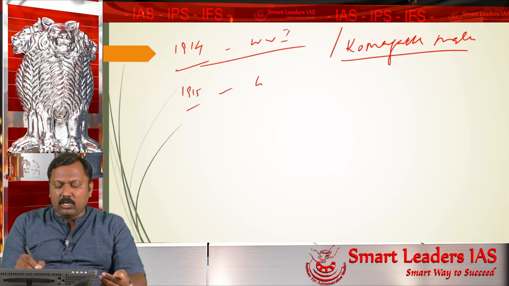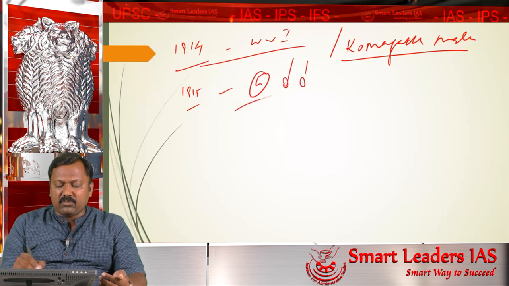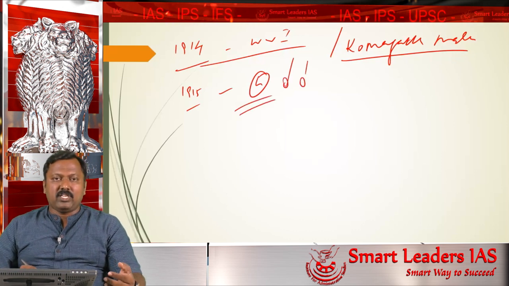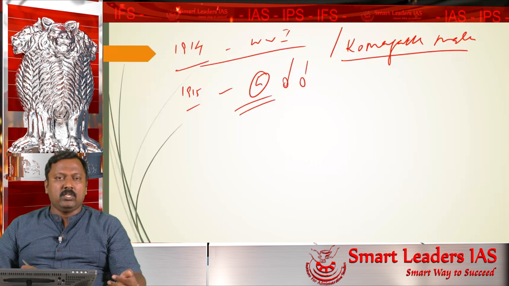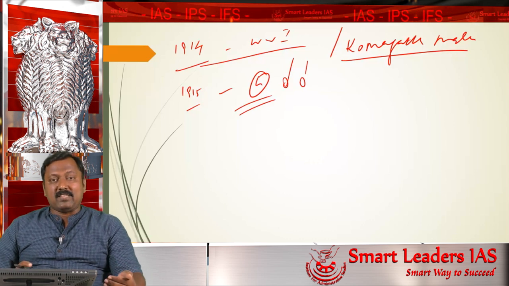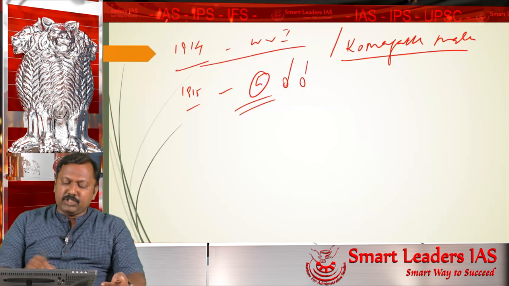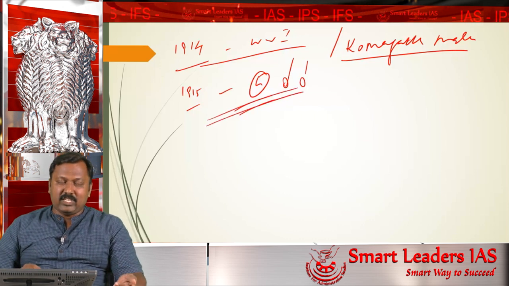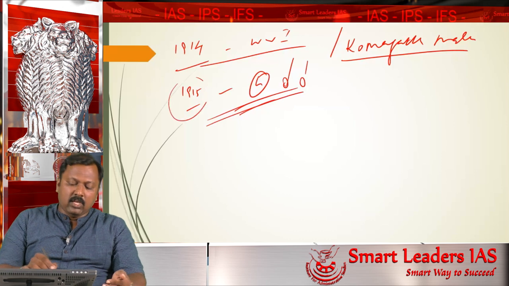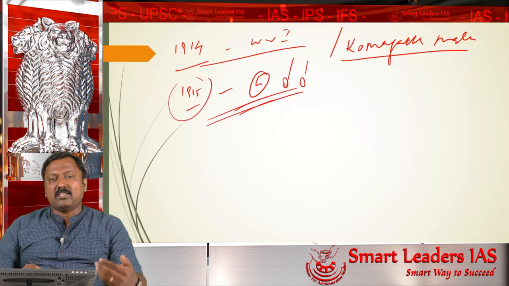In 1915 we all know Gandhi returns from South Africa. What Gandhi did in South Africa, what were the conditions which forced Gandhi? We will do many classes about Gandhi separately, later. Sufficient to know that Gandhi, who had gone to South Africa and had returned in 1915, afterwards begins to take part in the national movement.